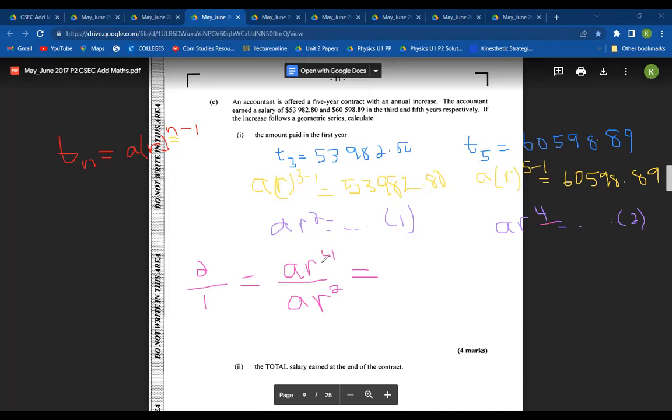And this would be equal to this whole long number, 60598.89 divided by 53982.80, just like what the PowerPoint had. When you divide this,